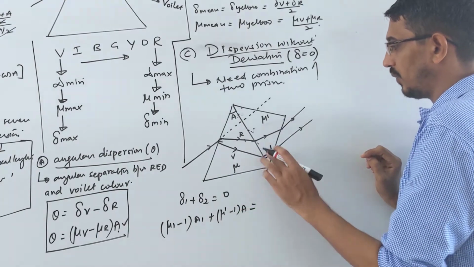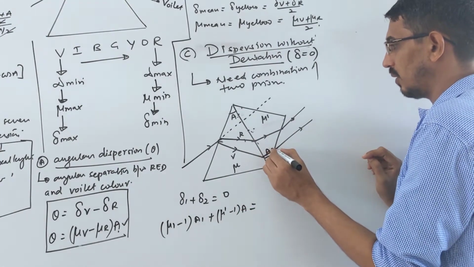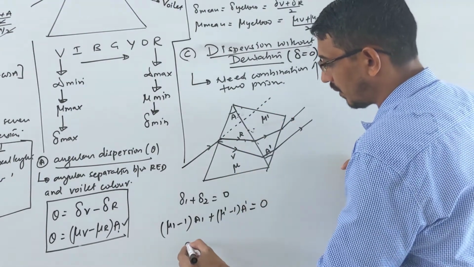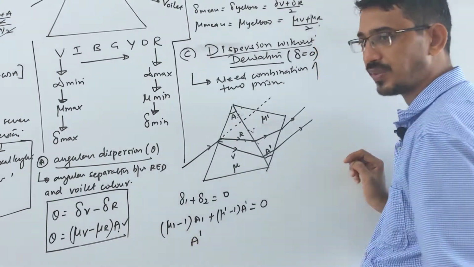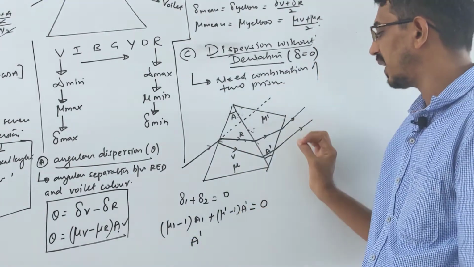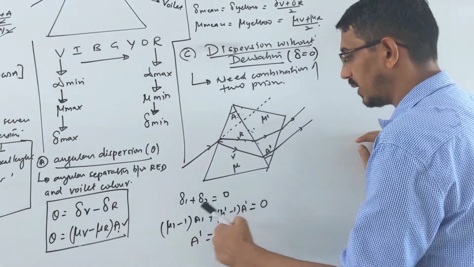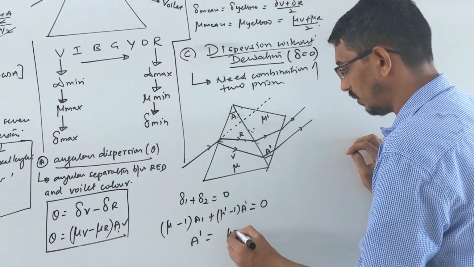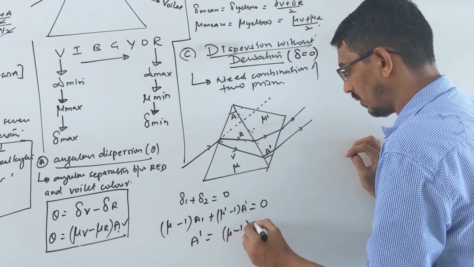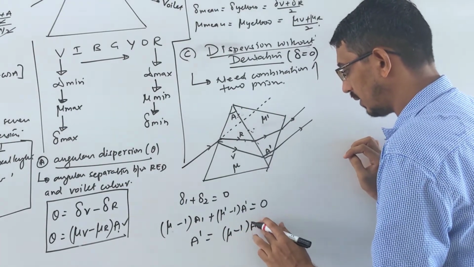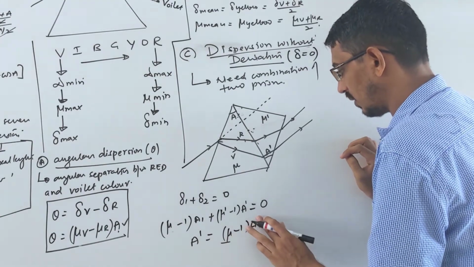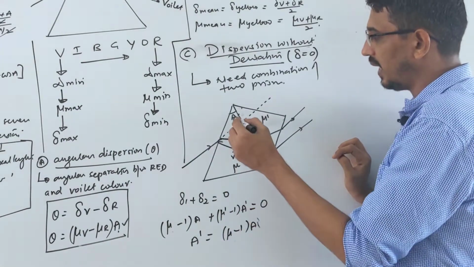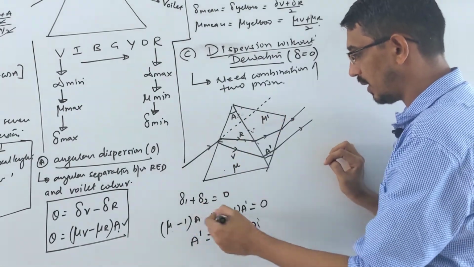If you are confused, let me call it this. I already said, so A dash. It should be 0. So we always have to calculate the angle of the second prism. Most of the time they ask what should be the angle of the second prism. So what is the answer? Obviously you send this to the other side, so we get mu minus 1 into A. No, I'm writing it a little wrong, the symbol is confusing. So I wrote A and A dash, mu and mu dash. Now it's clear? Yes.